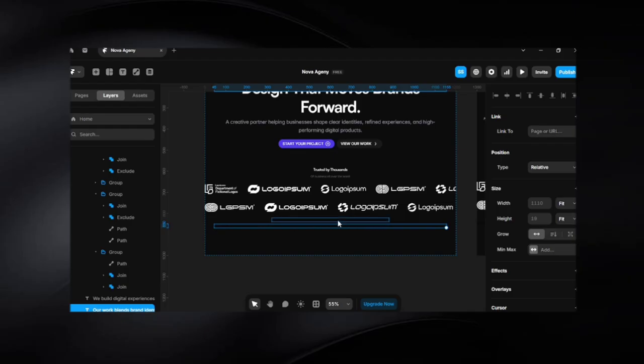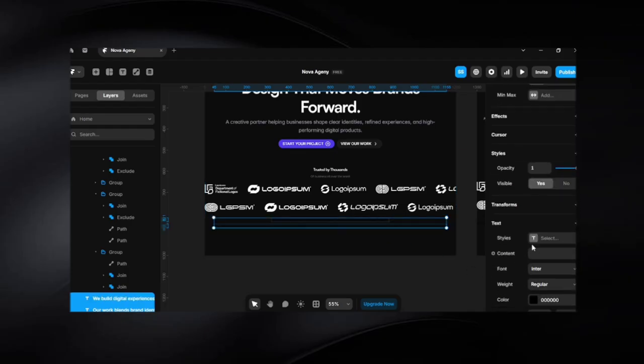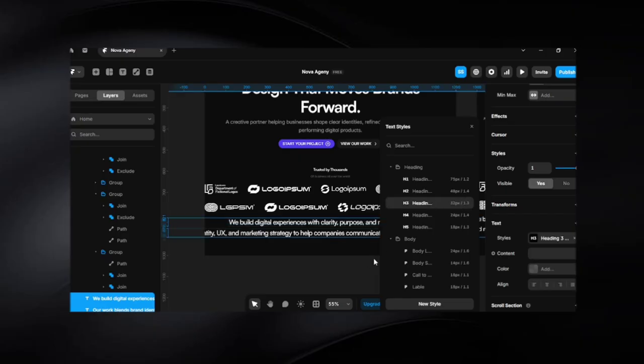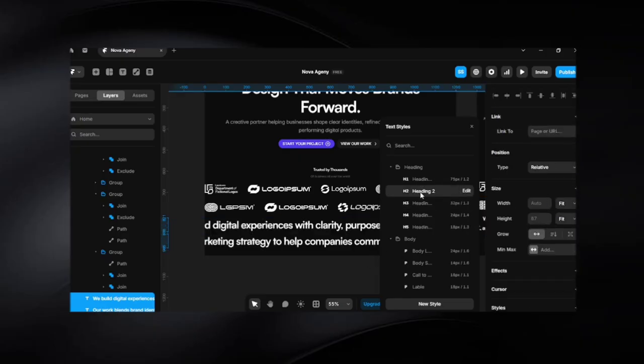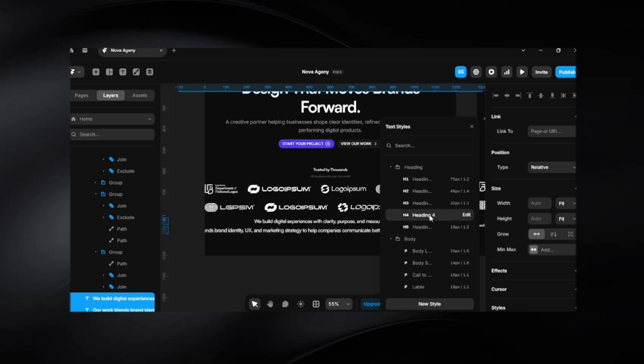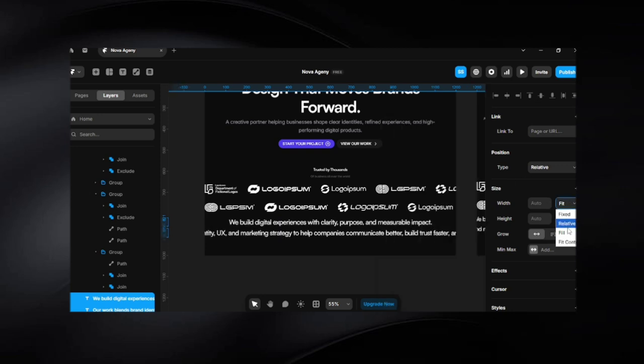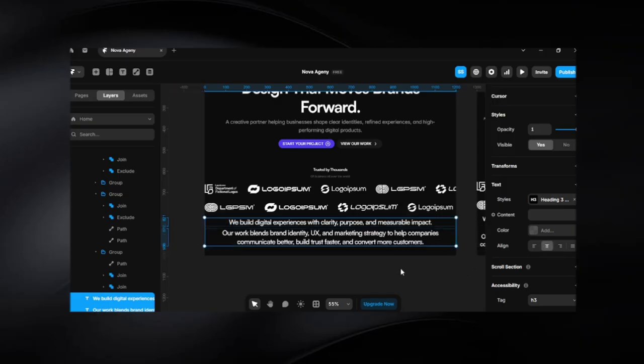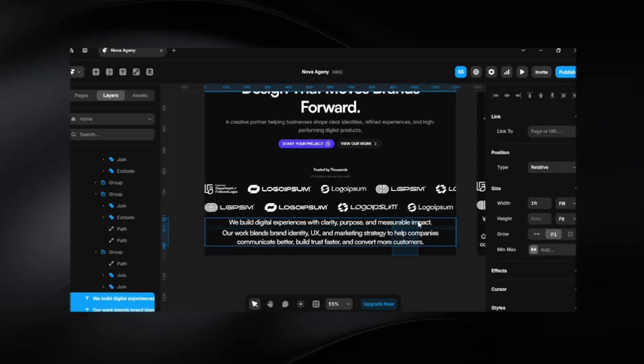No, we are not using any images for this. We just use this heading 3 text, or heading 2, no, heading 3. Yeah, heading 3 is good. Make it fill, make them center, and then